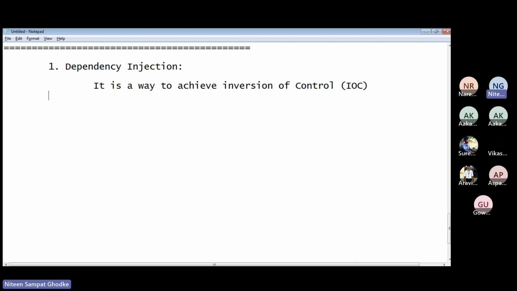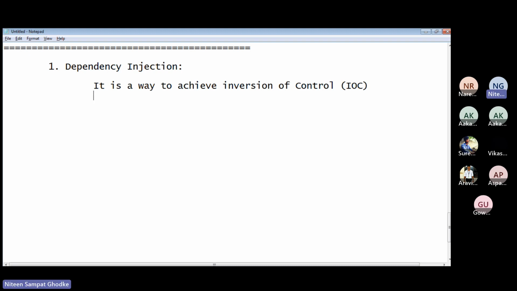Spring implements dependency injection by using the configurations which you guys have observed. If we have to achieve dependency injection, it can be done